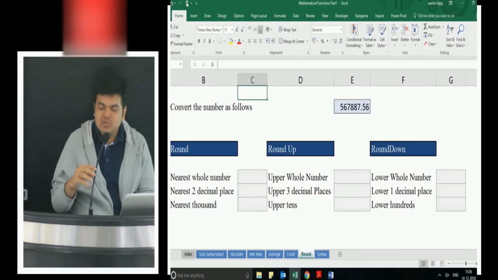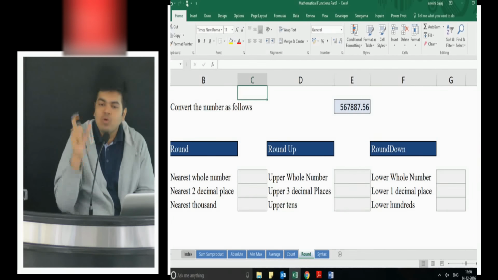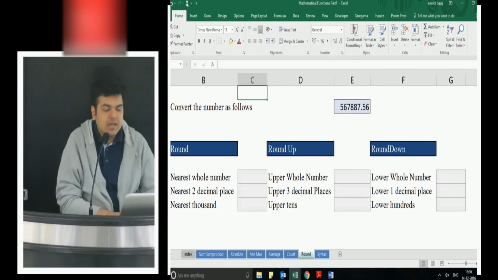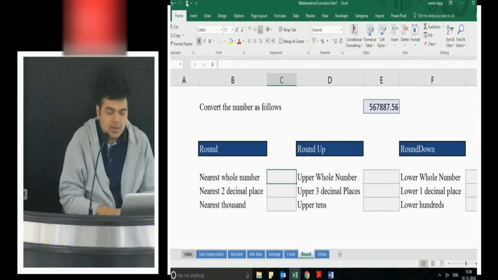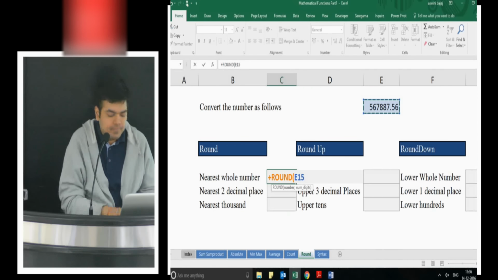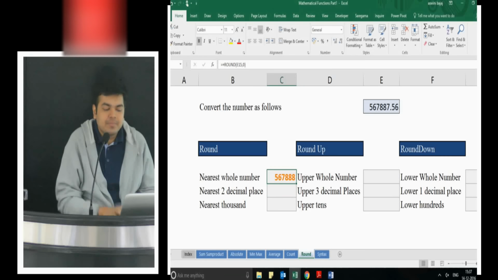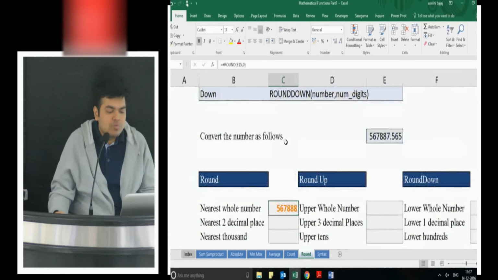There are going to be two inputs that you need to put in when you're rounding off a number: round this number, comma, to this many decimal places. Say, for example, round this number to the nearest whole number, meaning 0 decimal places. So comma 0, enter. Now if you observe,